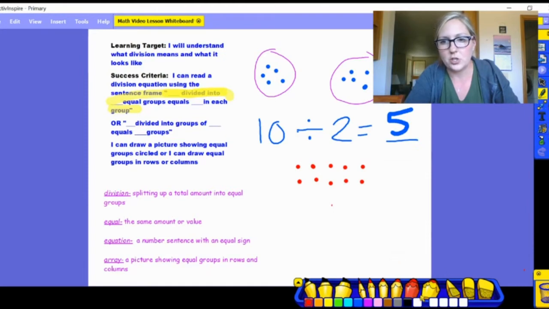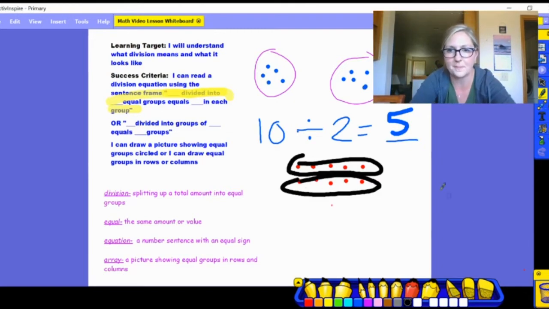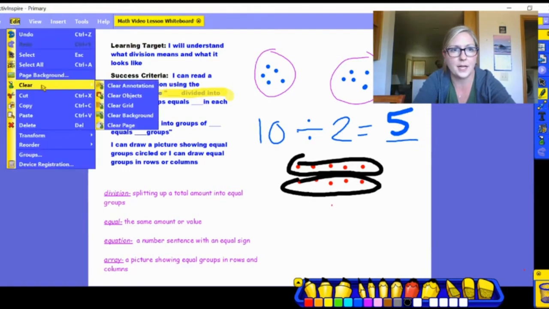And just to show that we have divided that 10 into 2 equal groups, I'm going to circle those 2 rows of 5 so you can see that. So that's how we would have drawn an array